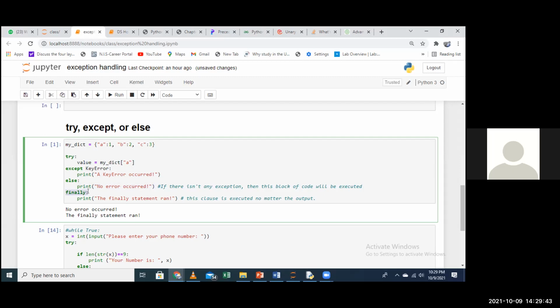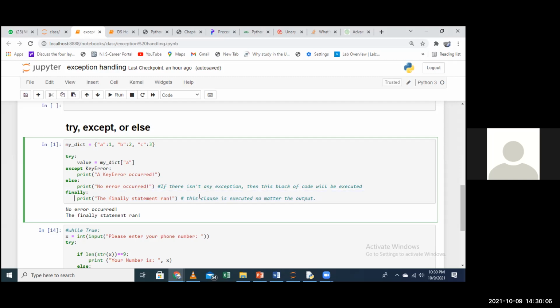And finally is a block of code that is executed no matter the output that comes before, no matter an exception or whatever it is, this part of code will always be executed. And this is most important in case you are trying to access a remote file, and then you have a finally block that closes that file.